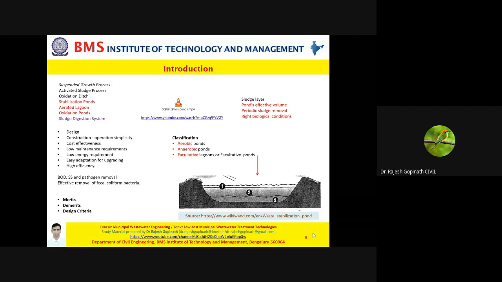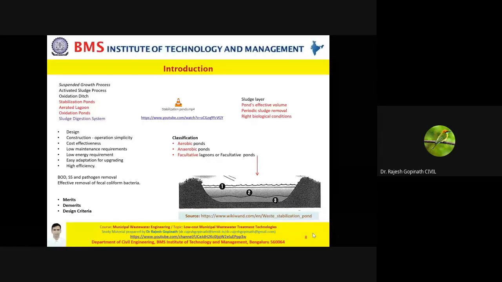Now, as you can see, the system was open to the atmosphere. Whether the construction is an earthen basin or a man-made basin depends on what type of reactor you're talking about, because in your oxidation ditch, it was a concrete structure. But most waste stabilization ponds have an earthen basin. Based on the type of system, your depth will change, your effective volume will change, and subsequently the detention period also changes. For a few of these systems, the detention period may be a few days, and for a few of them, it may be a large number of days.